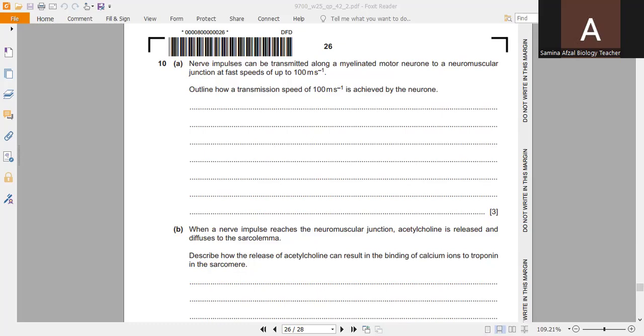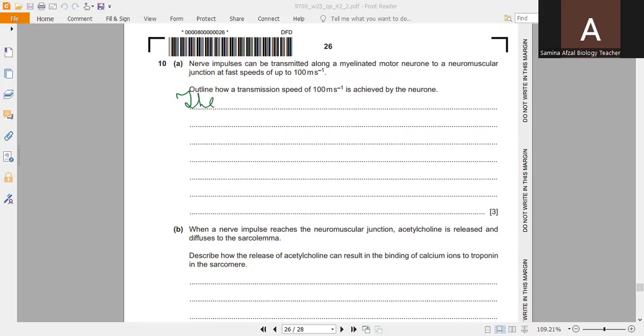While not explicitly mentioned in the prompt, a larger axon diameter also reduces resistance to local current flow, so it contributes to the high speed. So this is the whole answer, as it is of 3 marks. The points which I am going to write, first of all, we know that